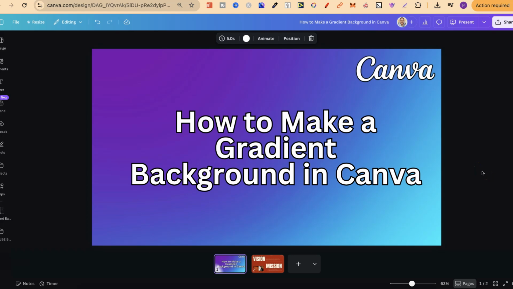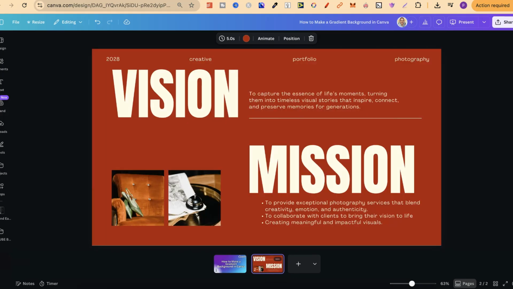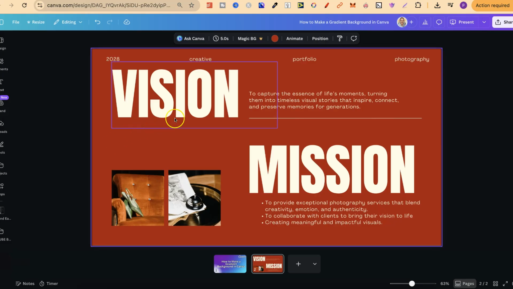In this tutorial, I'm going to show you how to make a gradient background here in Canva. Now, this is actually really simple. What we want to do is find the background of our canvas. Then if we click on there, we want to come up to the little color icon just here where it